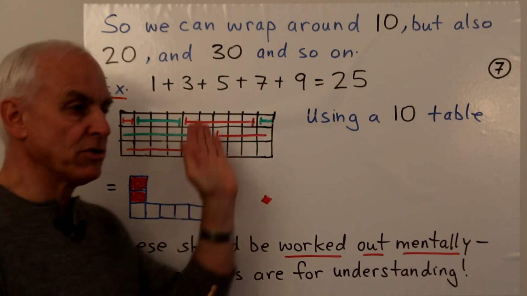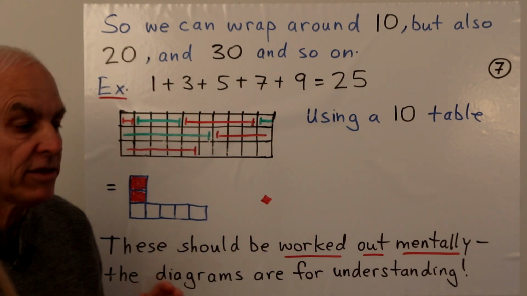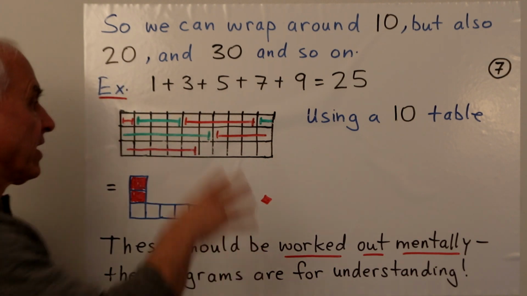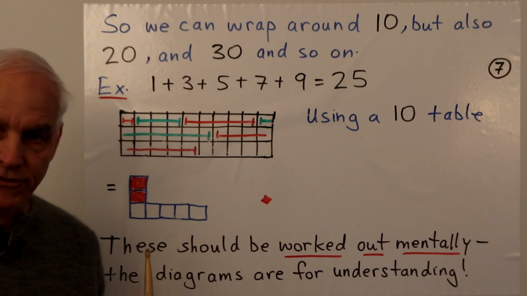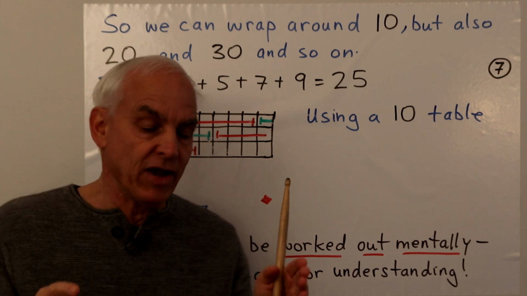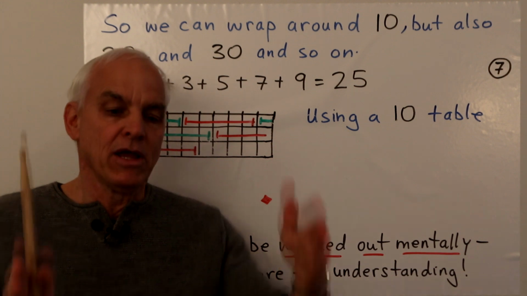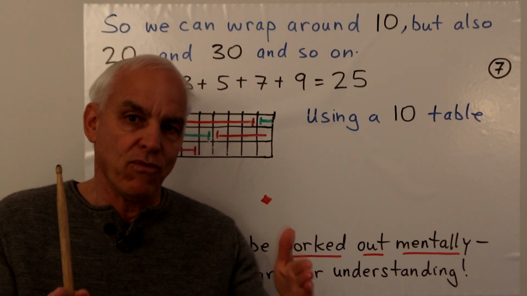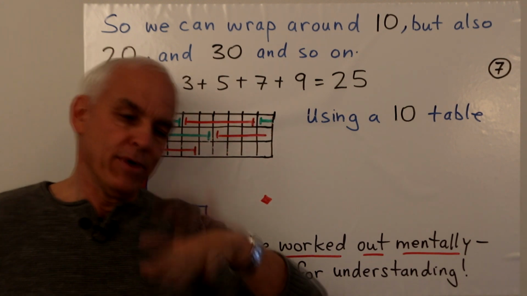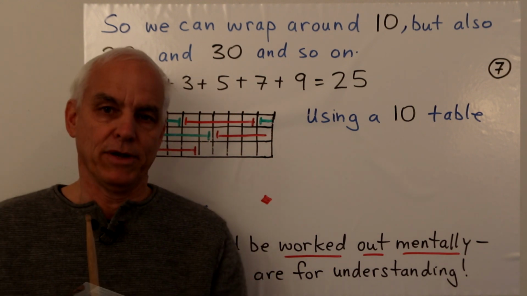So I want children to be able to work these things out mentally. That's very, very important. Okay? But I want them also to have this geometrical understanding of what's going on, and I want you to use this as the geometrical underpinnings of what's happening. We're making manipulations with boxes which represent natural numbers, and we're stacking these boxes systematically down in an organized fashion of width 10. At least until we get to 100. Once we get to 100, we may have to think about something a little bit more complicated, but at this stage, that's what we're doing.